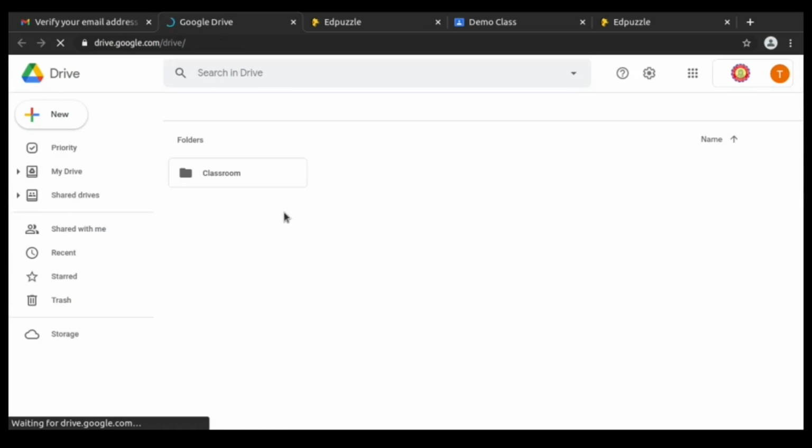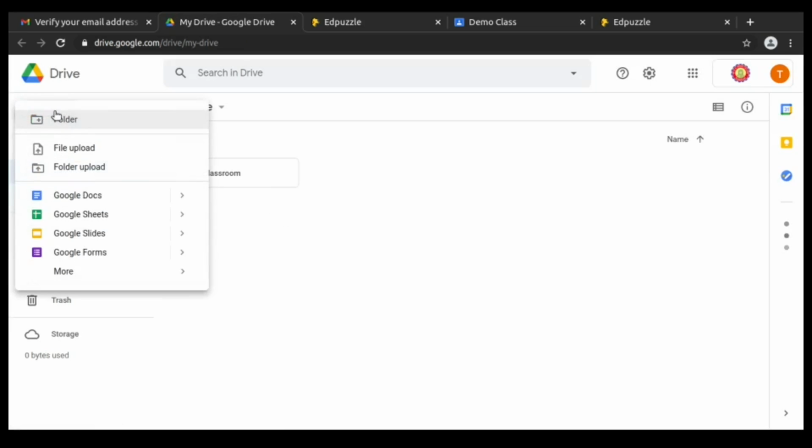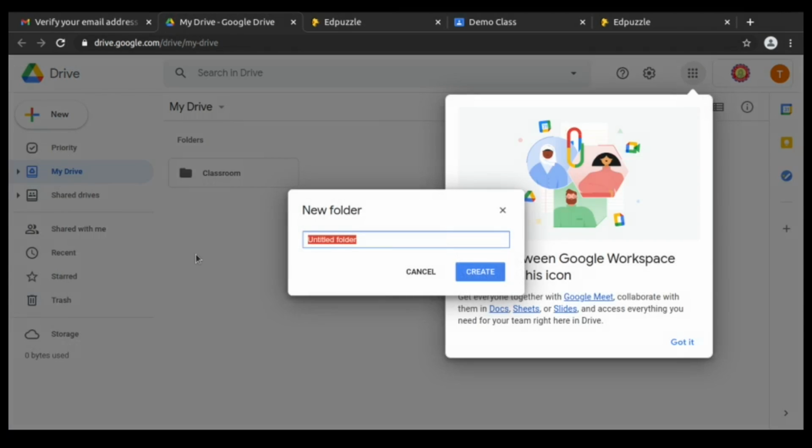I'll create a directory here. Just click new folder. I say I want to store recorded videos for class. Recorded videos for the class.